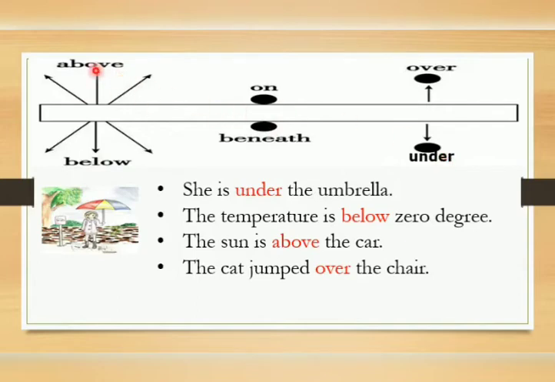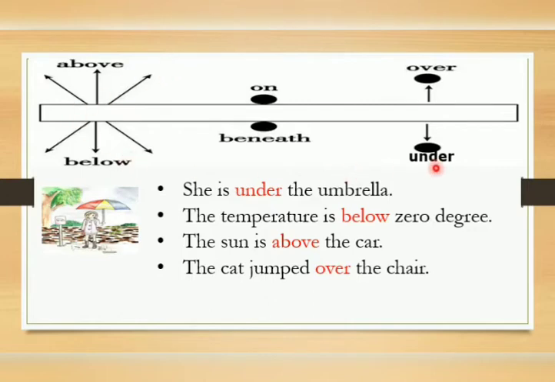Now here where we use on, as you all know, we use it when the object is close to the surface, and beneath is also when the object is close to the surface, but we use it when the thing is under that object. Where we use above and over, there is a very minute difference in both the terms. We use over when the object is vertically above the surface, and when the distance is smaller as compared to above. And above we generally use when this object is anywhere in the space, whether vertically or slightly left or right.